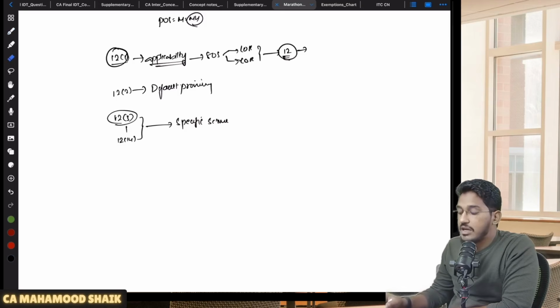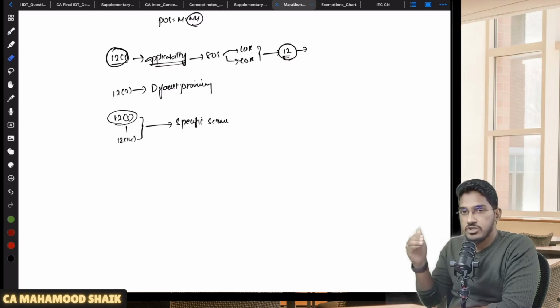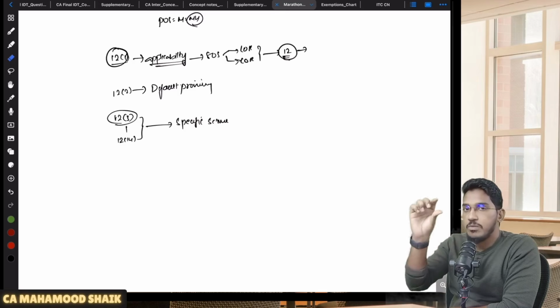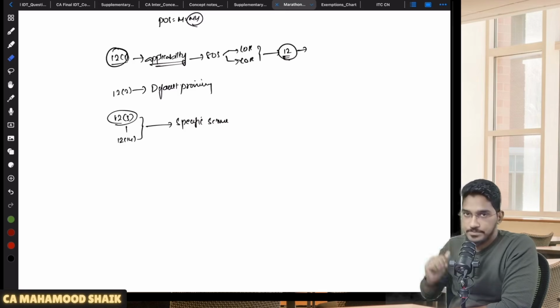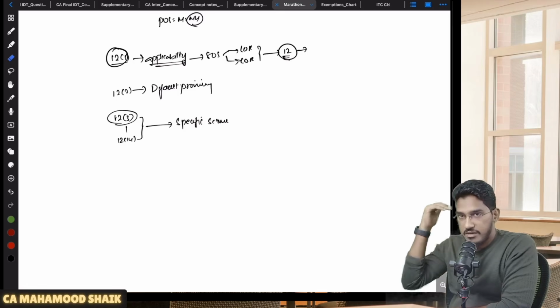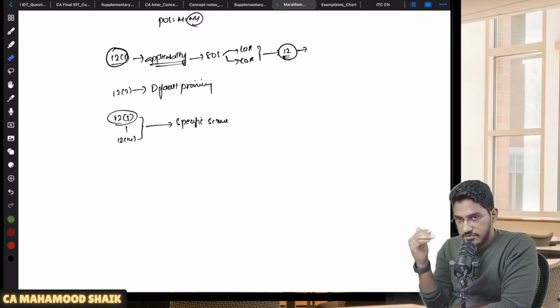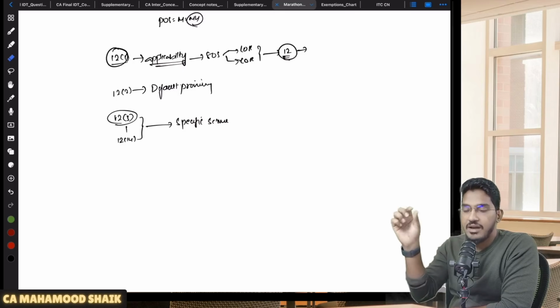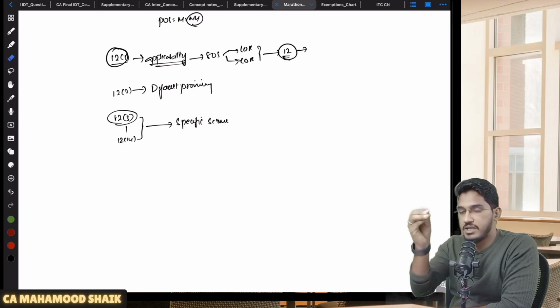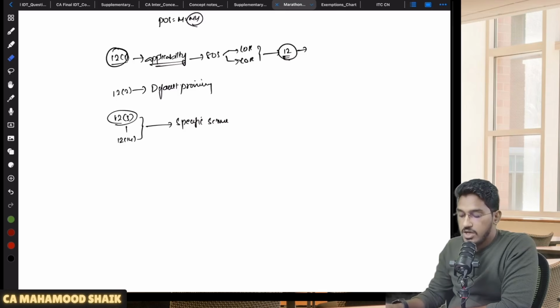So like that, starting from 12 subsection 3 till 12 subsection 14, each subsection will be talking about a specific kind of service, and for that service, how to determine the place of supply. Okay, so first what should happen is, in case you are making a supply of services,